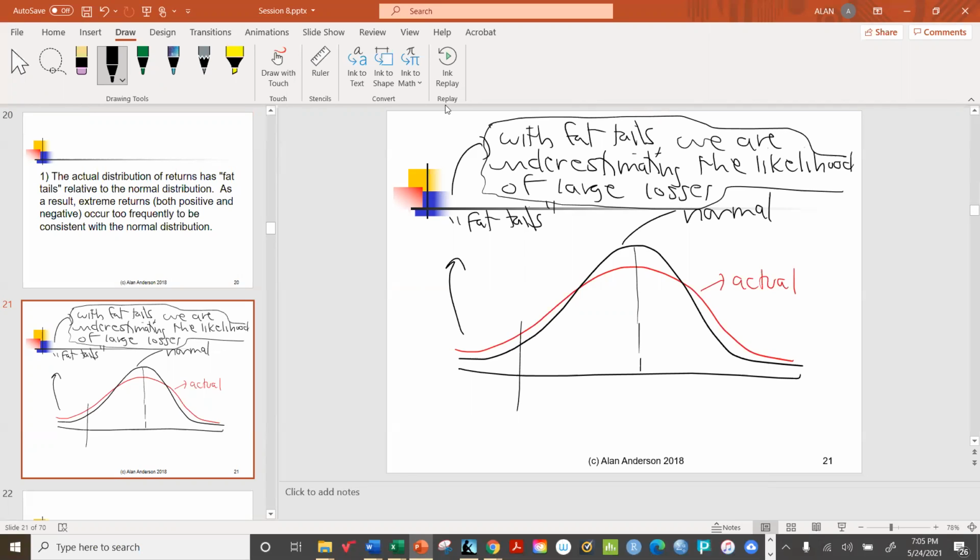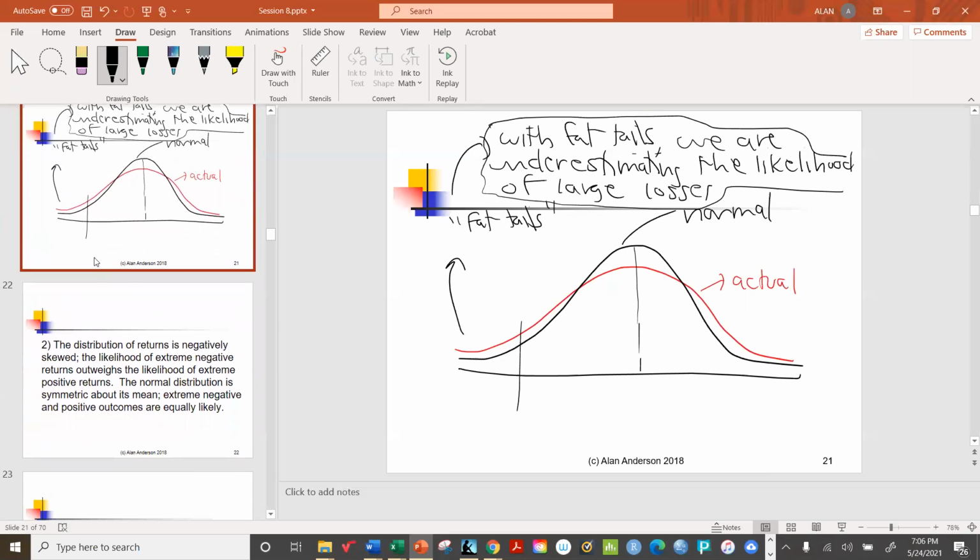It would be like underestimating the value of your house when you buy insurance. Then the house burns down and you're shocked to discover that you can't afford to rebuild it. That's exactly what's happening here. We want to avoid that, but because our assumptions are off a little bit, this is what we're facing with our value at risk methodology. The second key way in which the returns are not strictly speaking normal